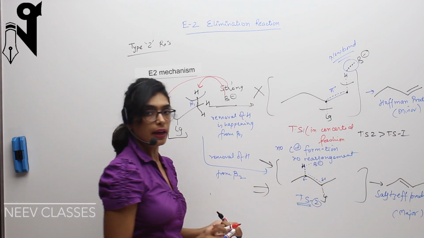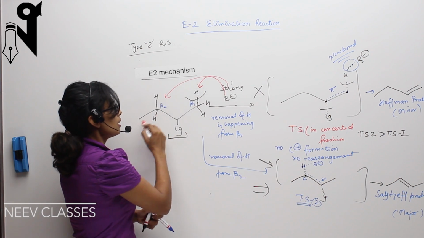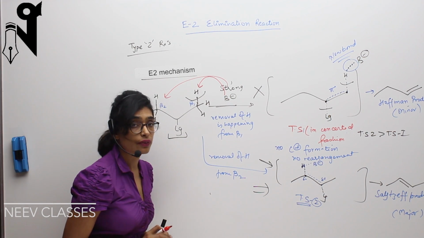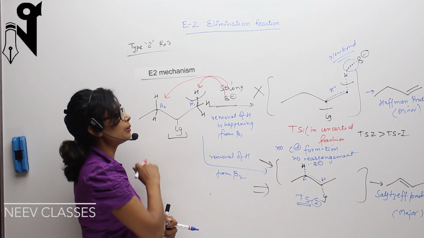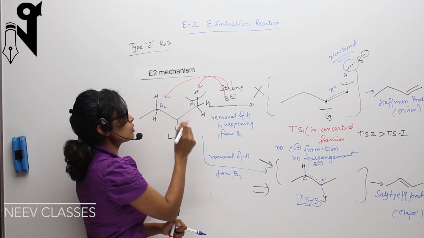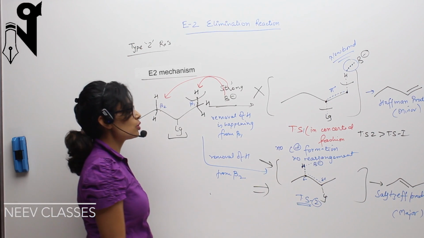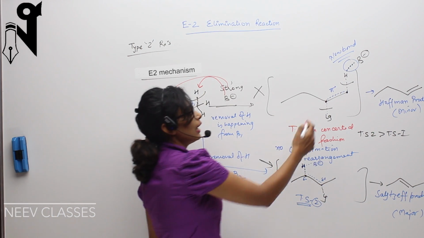So let's quickly see again what happened in the E2 reaction. We had a leaving group present here. We had a strong base over here. The strong base didn't wait for the leaving group to leave. Rather, it started attacking the beta hydrogens. We had two beta positions. One is this beta 1 and this is beta 2. If the attack happened on the beta 1 position, the hydrogen removal will happen and the alkene formed will be